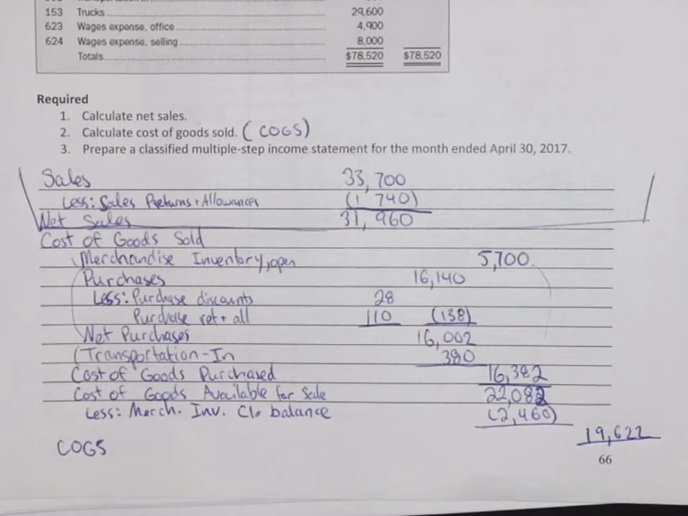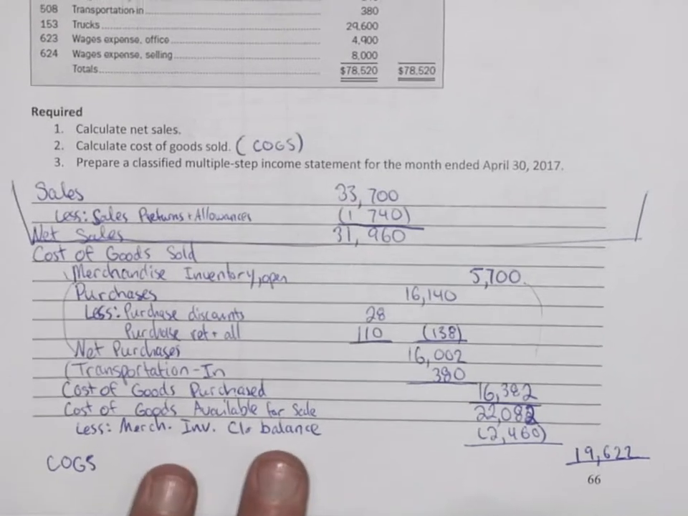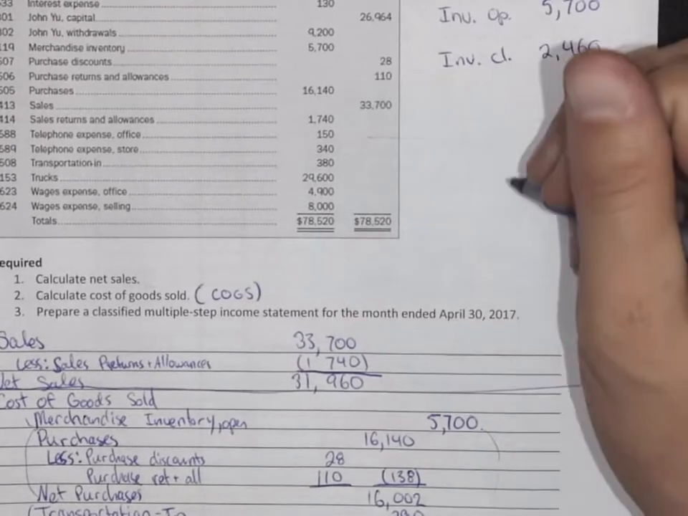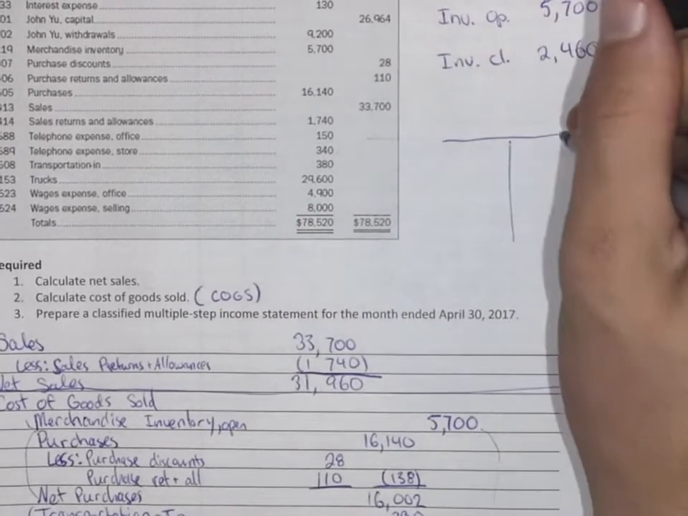We get 19,622 as our cost of goods sold. So if you were to think of it like a T-chart, here, I'll give everyone a sec to copy it out. If you were to think of it like a T-chart, just really simply, if